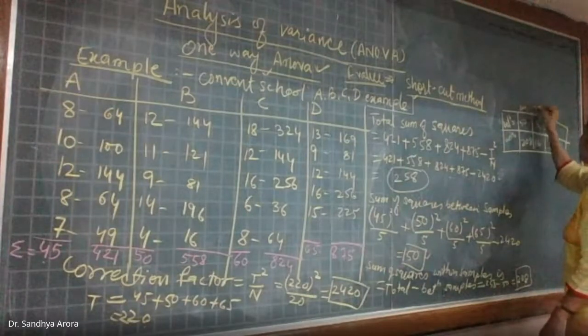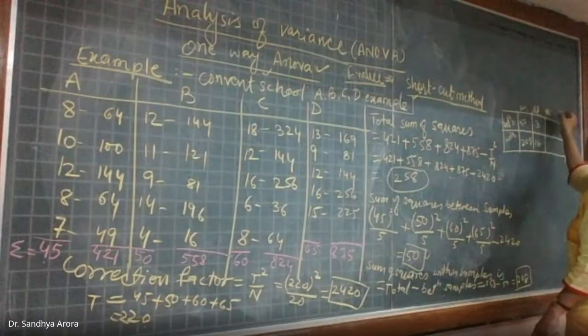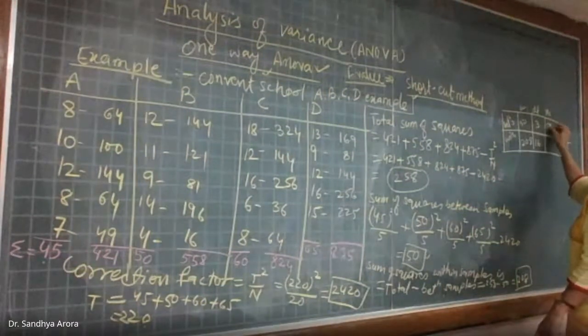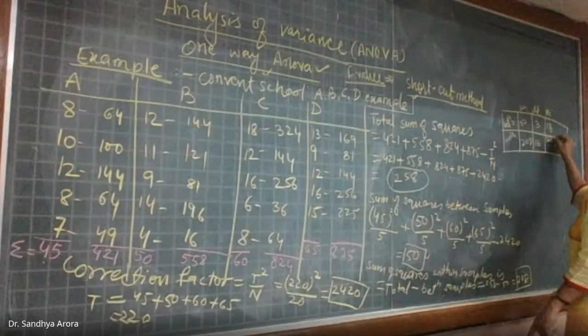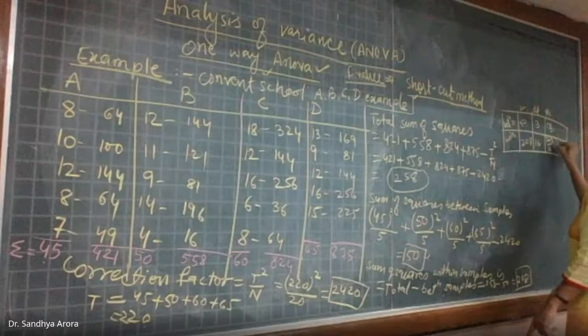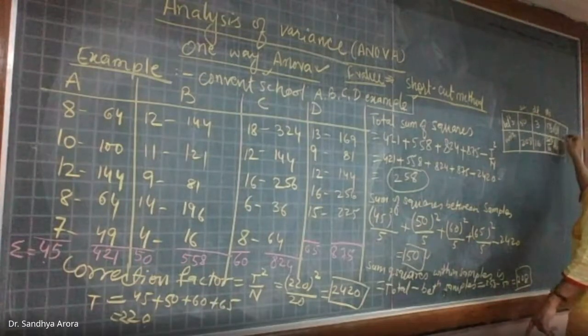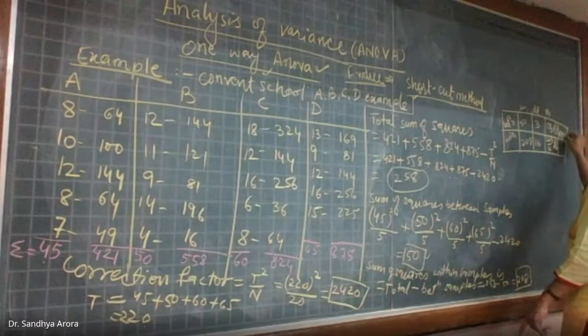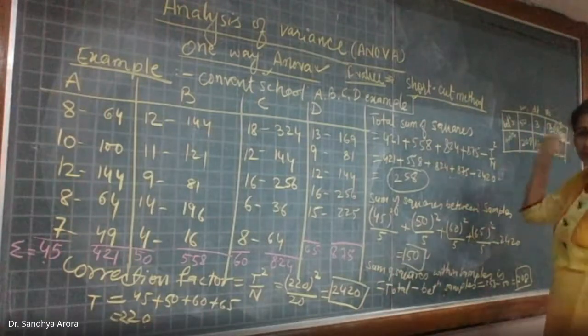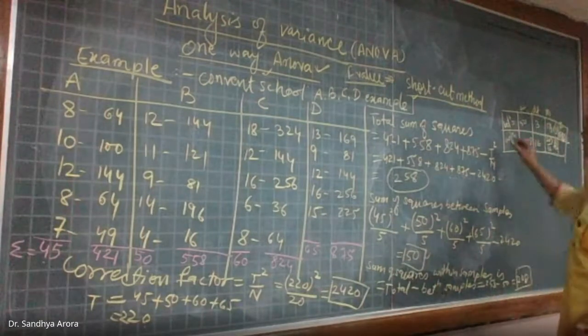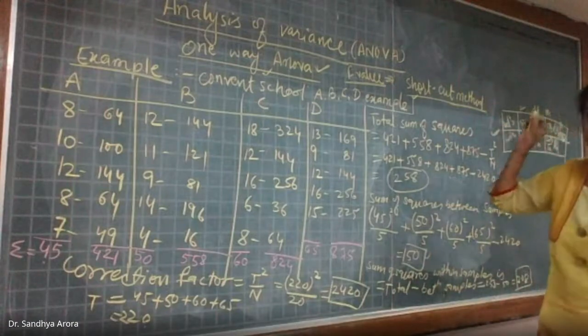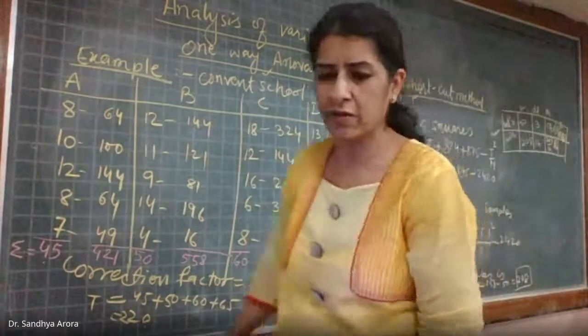This is sum of squares, this is degree of freedom, this is mean sum of squares. So 50 divided by 3, and 208 divided by 16. Whatever quantities you get, you divide quantity number 1 by quantity number 2, or 2 by 1, and you will get your F value. So you can create your analysis of variance table from this method also.